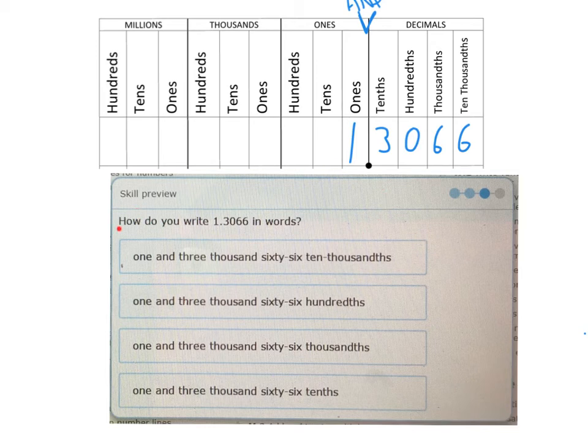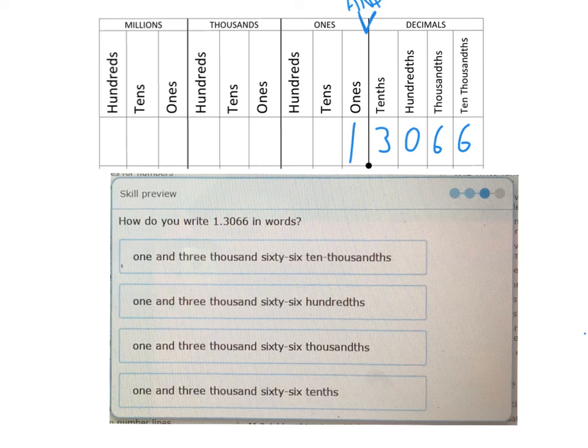This last example reminds me a little bit of what we talked about in the first one. How do you write 1.3066 in words? It's not going to happen much in real life, but we should know how. So I've written it in my place value chart, noticing where that decimal was, 1.3066. So remember I mentioned this previously. When we're reading a decimal number, we look at where the number ends. Then we read the number as if it was a regular number, and then we read the name of the column it ends in. So this could be read as 1 and